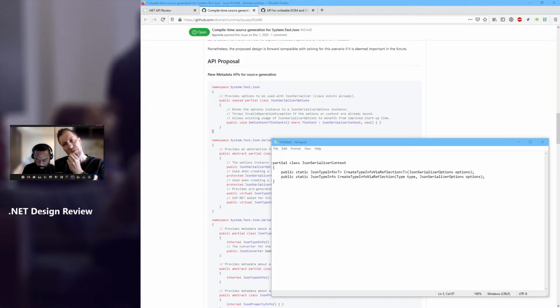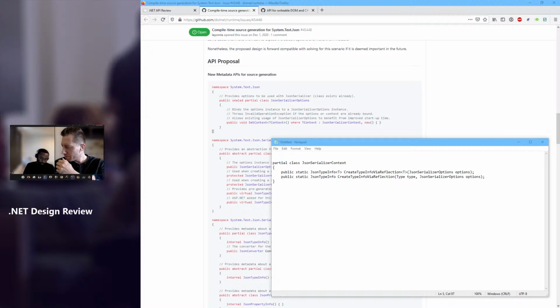And that would show up in the get or add method, or whatever that method is called, inside of JSON serializer options, where before the dictionary lookup, it would basically say if s_version does not equal _currentVersion, clear cache. This API works around that because it's never checking that cache, which would mean that any kind of clearing would have to be done inside of JSON type info. And I don't know what that